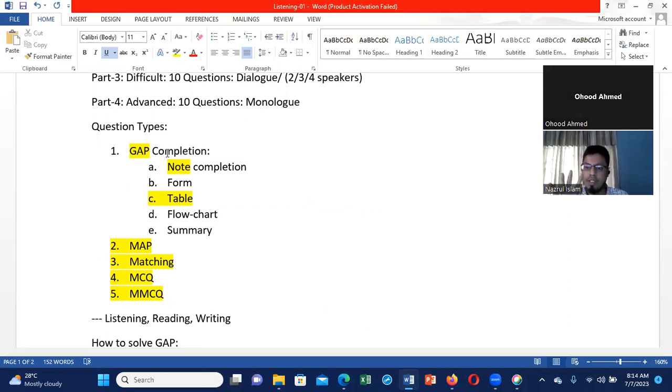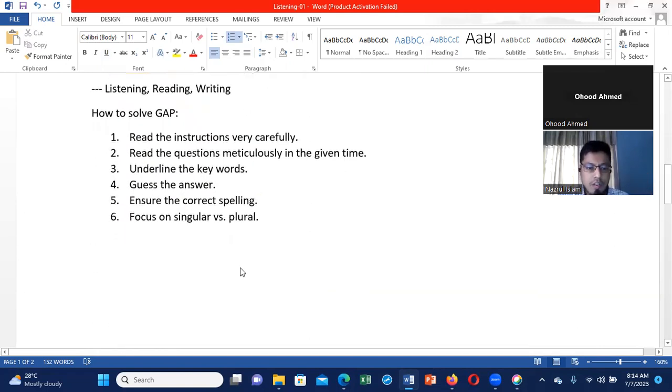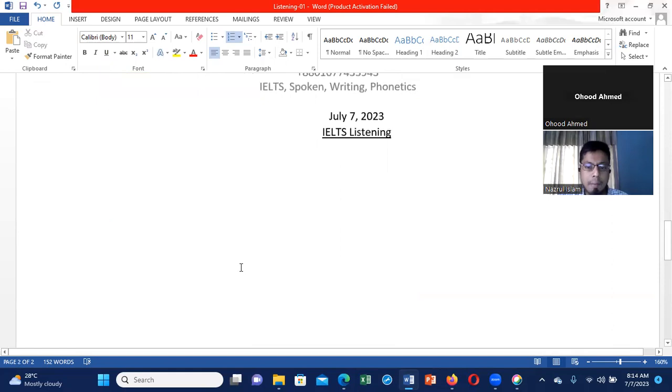Remember, there are four parts: Part 1, Part 2, Part 3, and Part 4. Part 1 and Part 4 are generally gap completion. Generally, remember, it's not always. Besides Part 1 and Part 4, in other parts, also you may get gap completion. Just say the title, note, form, table, flowchart, summary. Whatever the title is, we know that it is gap completion. Clear? Perfect. Okay. So now I'm going to show you a sample question, and that may help you to